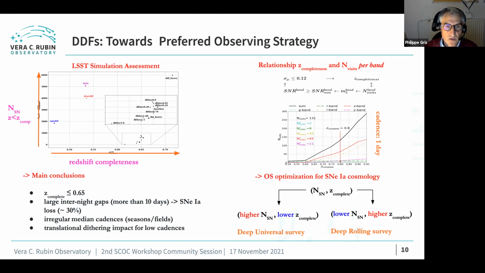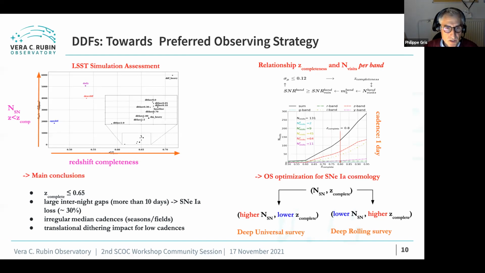I think it's the FBS 1.5 simulations. As you can see, there are quite some differences between the observing strategies. Some strategies have a high redshift completeness but a low number of supernovae. Some have a low redshift completeness but a high number of supernovae. And another, labeled DDF_heavy here, had a large redshift completeness and a large number of supernovae. The thing is that DDF heavy was done with a high DD budget at the level of 12%, if I remember well, and all others were with a budget of 5%. So the conclusion is that it's difficult to go beyond a completeness redshift of 0.65 with a budget of 5%.